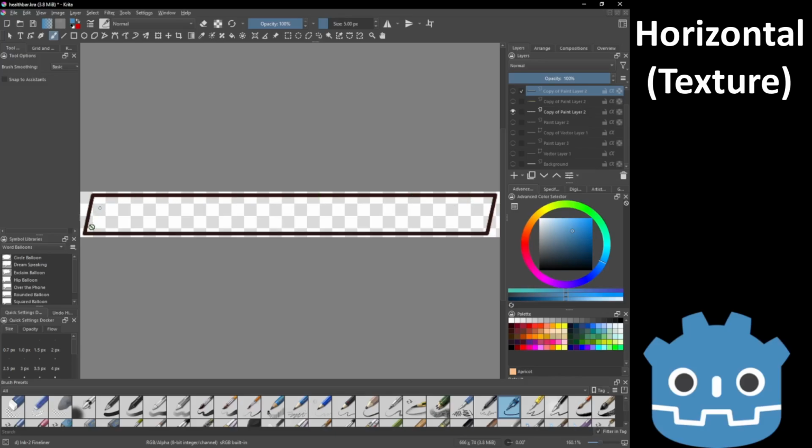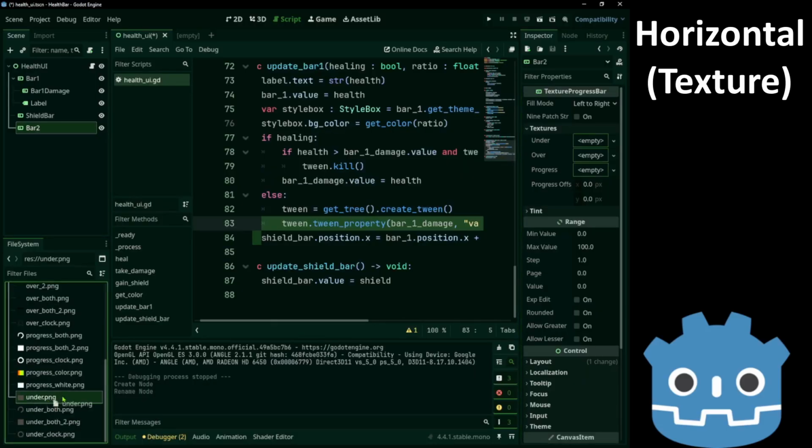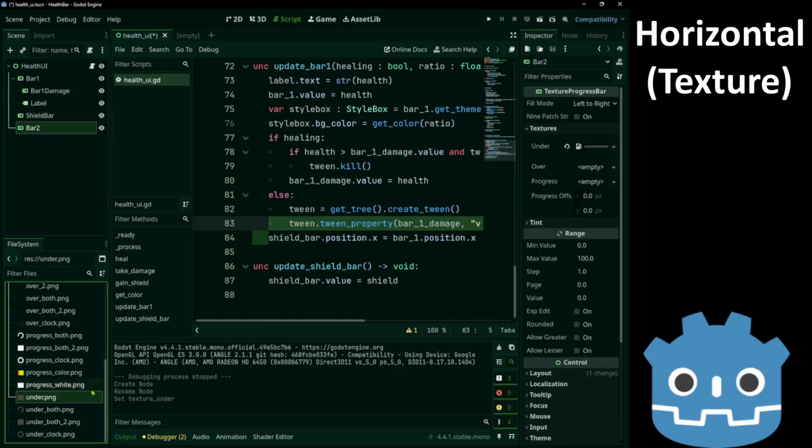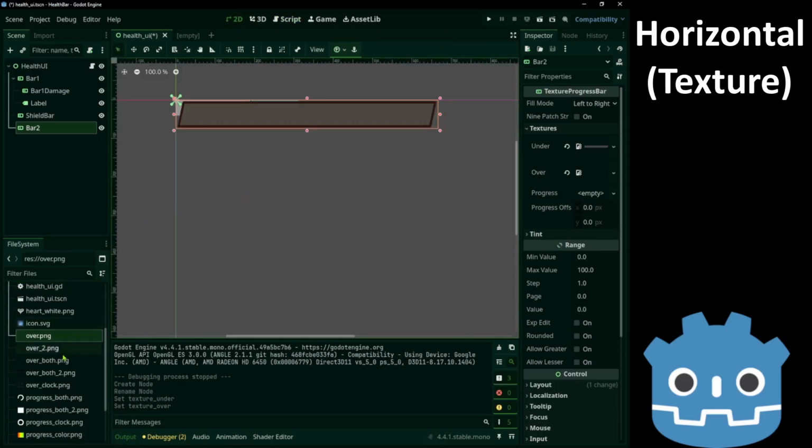This is gonna be the over that shows up above the under and the progress. And this is our progress. So, drag the under PNG, the over, and progress. Progress white.